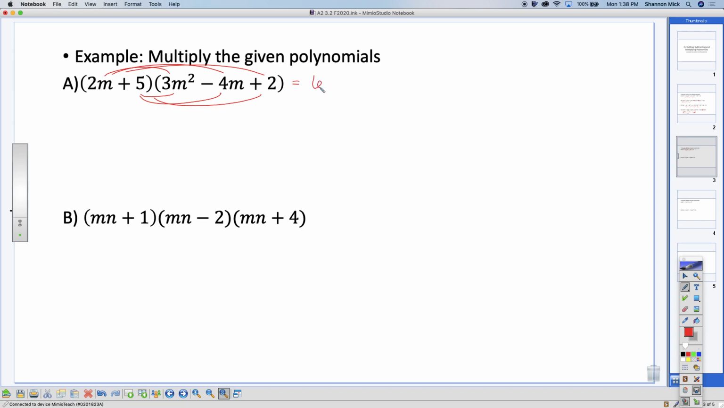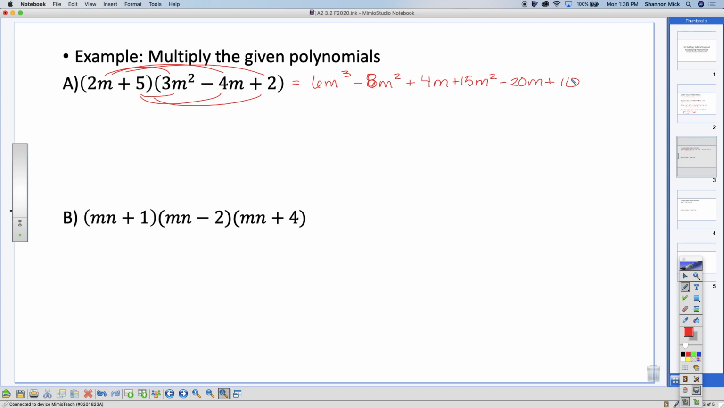So I'd have 6m cubed minus 6m squared, 8m plus 8m squared. I added and multiplied. Okay, 8m squared plus 4m. Okay, and then the 5, right? So 15m squared minus 20m plus 10. So then I would combine my terms